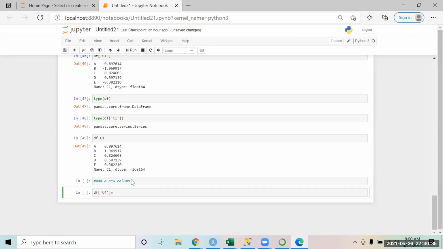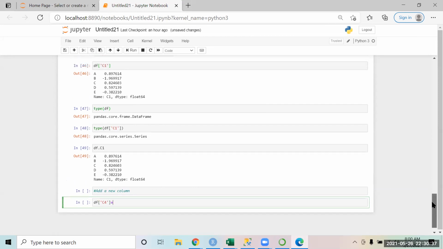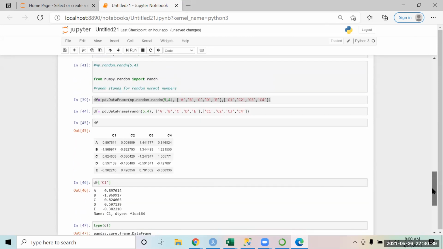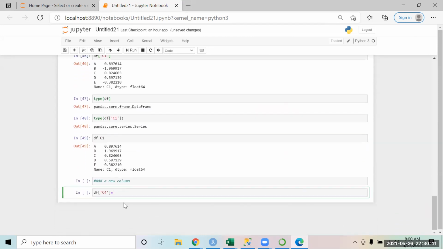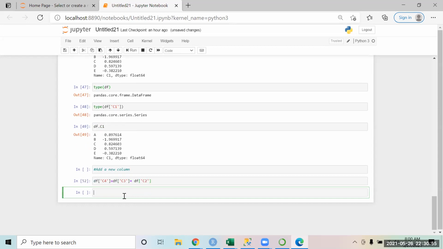So I will say DF C4. Let's do one thing. Let's add it as C3 plus C4. I will say DF C4 equal to data frame C3 column plus data frame C2. I'm adding that as a summation of C3 and C2.